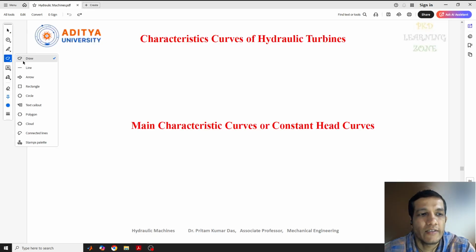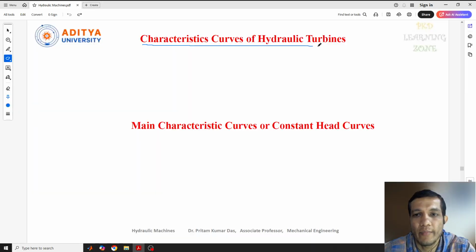In this lecture, we'll discuss a new topic regarding the characteristics curves of hydraulic turbines. In this topic, we'll discuss the performance and behavior of hydraulic turbines. That performance and behavior will be identified from the characteristics curves. The characteristics curves of a hydraulic turbine show the exact behavior and performance of the turbine